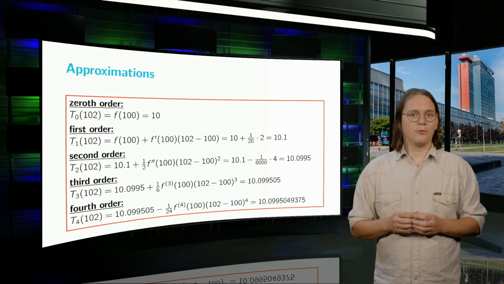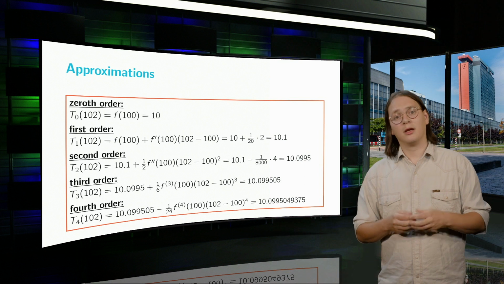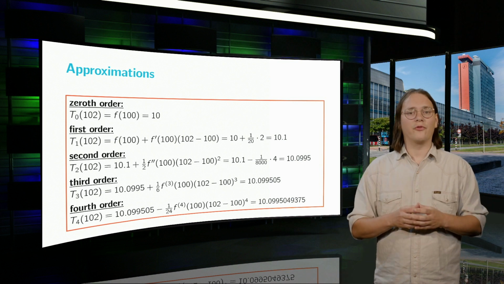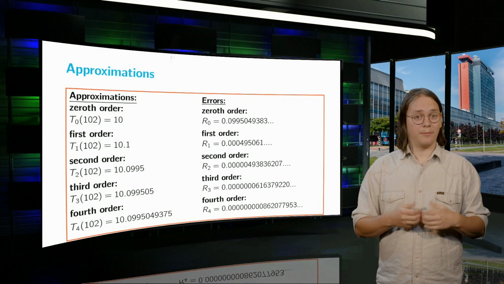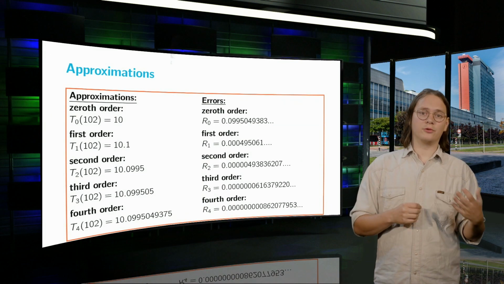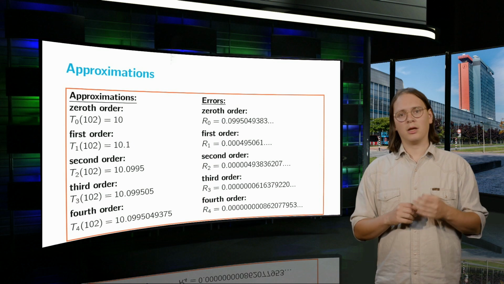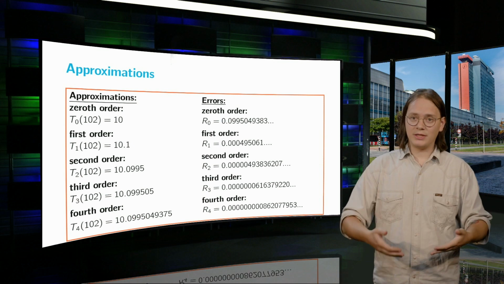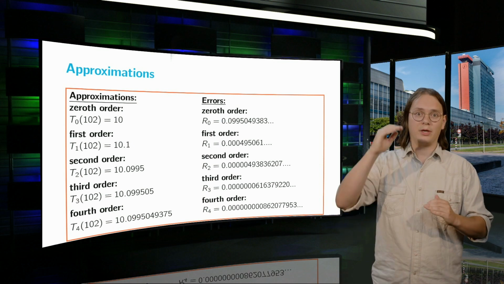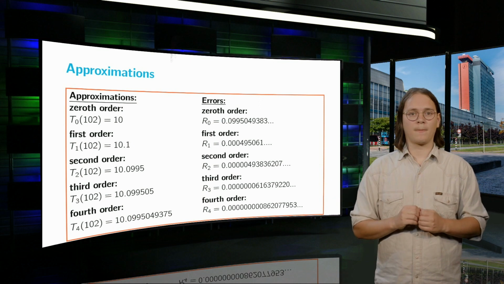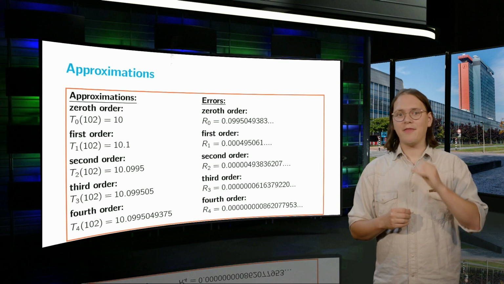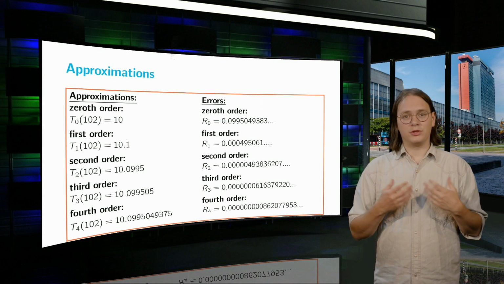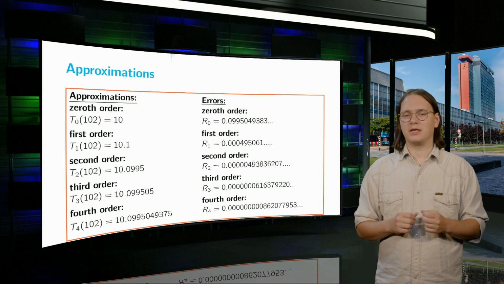In practice, we determine which Taylor polynomial is needed by considering the precision needed for the context. For completeness, we have compared the obtained approximations to the result from a calculator. Note that the approximation error decreases as the order of the Taylor polynomial increases. How quickly it decreases depends on the particular function and the value at which we approximate, which is why we should choose those carefully, as mentioned earlier.